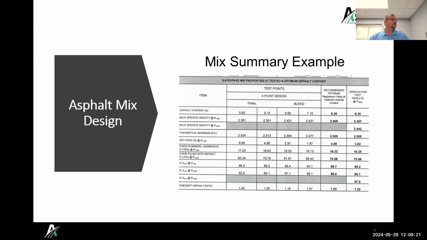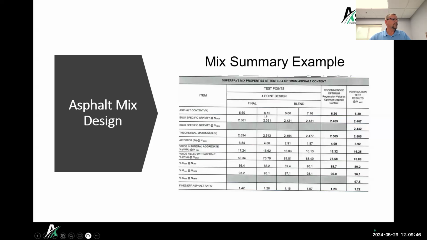I'll use my little highlighter here. Can you see my mouse here? Yeah. Okay. So these are our 4 different asphalt contents that we blend at: 5.6, 6.1, 6.6, 7.1. Then we test each one of those blends, and what we're looking for is 4% air voids.